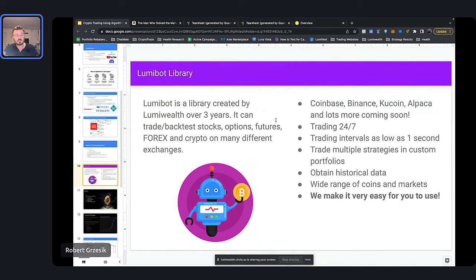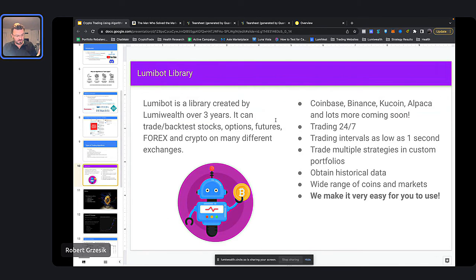We also have a library here, something that we've developed over time. It's a library that we call Lumibot. This is open to everybody. When you go through our courses, we'll teach you how to use it. For some of our students, we also help modify and improve this library. People sometimes ask for features when they go through our courses, and we'll add them. It's a really good library.